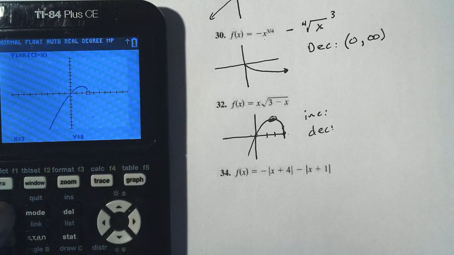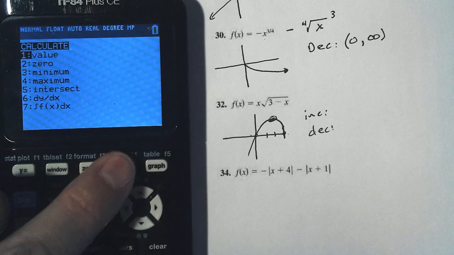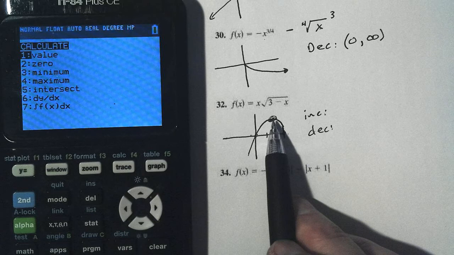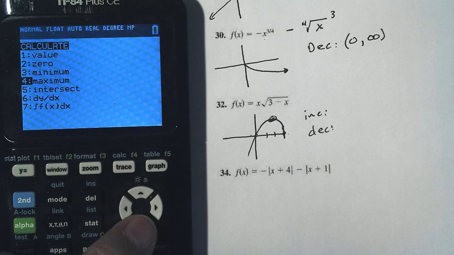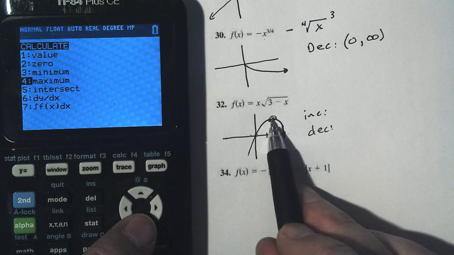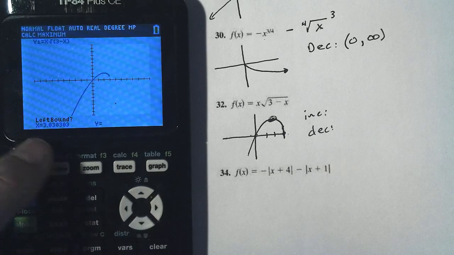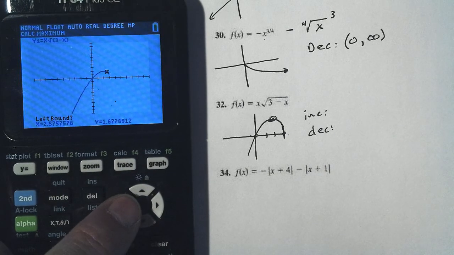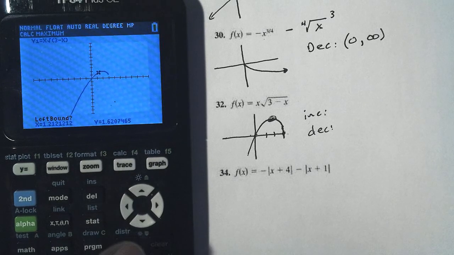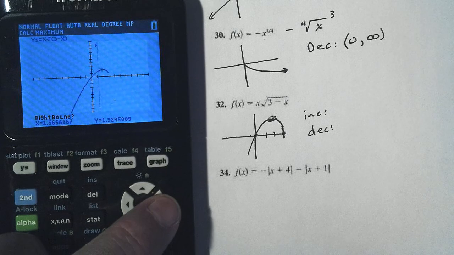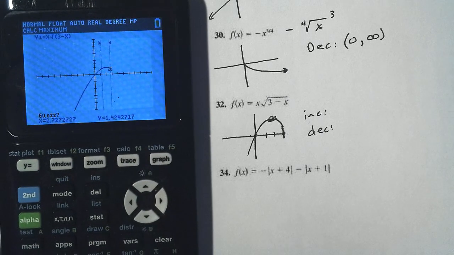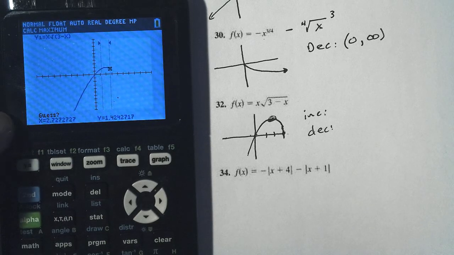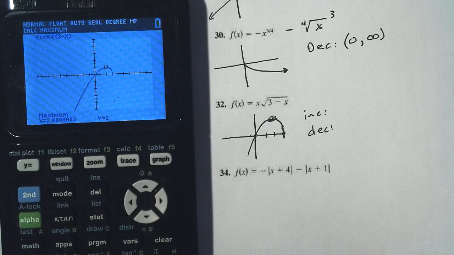On our calculator, we can go second, calc, and then this point right here is a maximum. So I'm going to look for that maximum. It's the most expensive house in the neighborhood. It asked me to get to the left of that maximum. Okay, I'm definitely to the left here. Hit enter. Get to the right of it. Make sure you don't cut it too close. Get past it so it's coming down. Hit enter. Guess? No, just tell me. Hit enter. And it tells me it's at